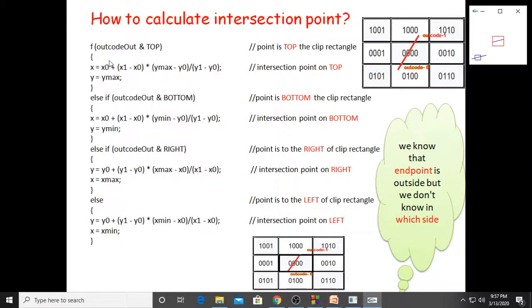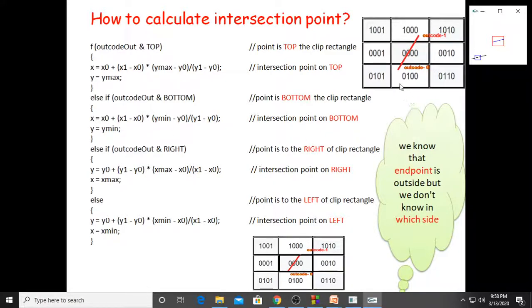Now you see the outcode for this given input is actually bottom and top. First we will take only outcode 0. Which side is it? Bottom side. So you check if outcode equals top, so is it matching with top or bottom or right or left? All four possibilities are checked. But in this case bottom is applicable, so that intersection point is calculated.